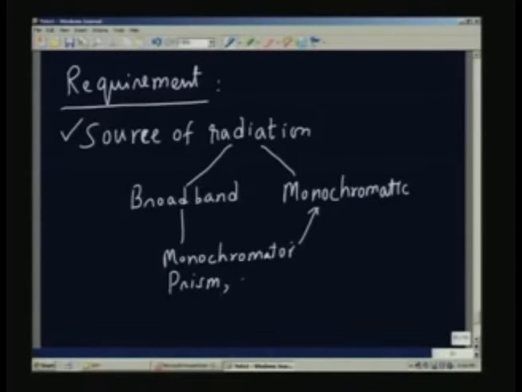It can be a grating, or in modern times we also use interferometers. These are used as monochromators,